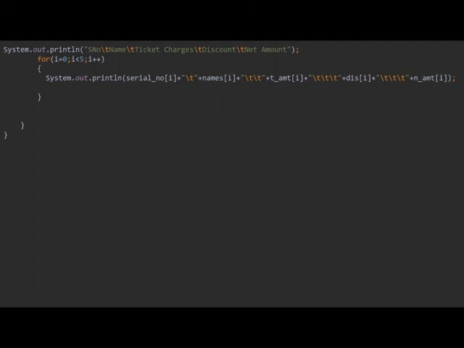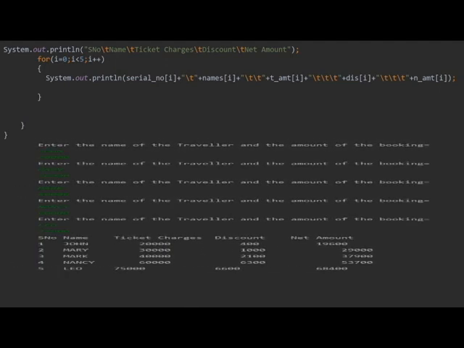The only thing I have done differently inside this printing function is to use \t. Every \t adds 8 more spaces. So between serial number and name, I have given one \t, which will add 8 spaces. Between name and amount, I have kept two \t, which will add 16 spaces. And between the rest, there are 24 spaces. So the final output with all the spaces will look something like this. How many \t can be used is totally up to you. Some will use less, some more. Some would manually add spaces between the variables.